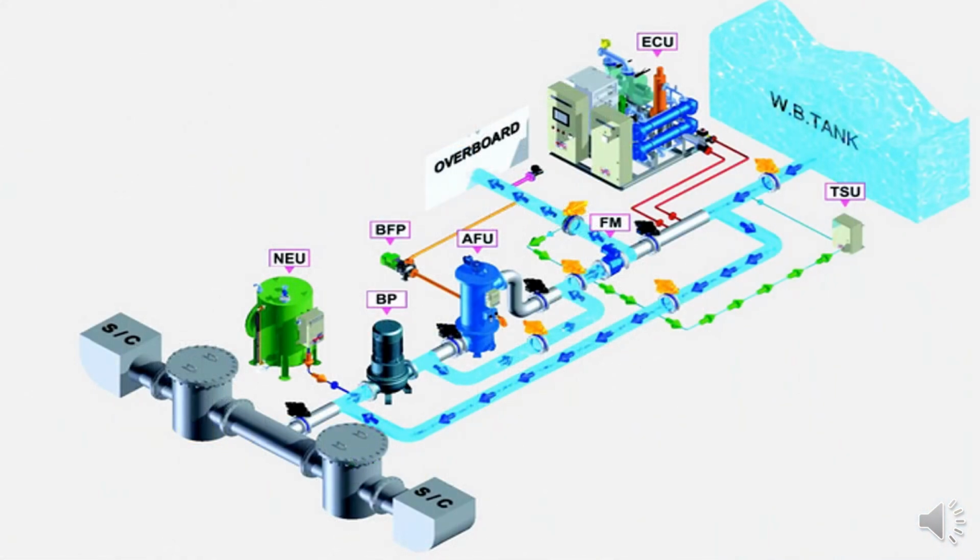This is a quick overview of a ballast water system. We can see there is a ballast water tank which is specially dedicated for this particular operation, and it is located in the hull area of the ship. To explain the complete circuit of this ballast water is not the purpose of this video, but to introduce you to the basic function of ballast water.